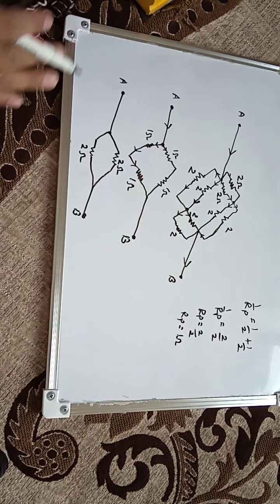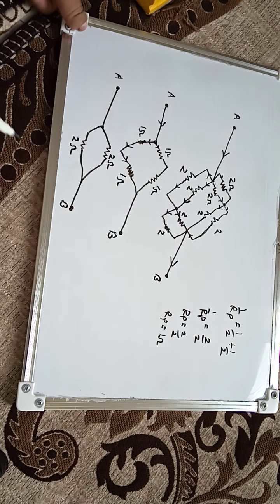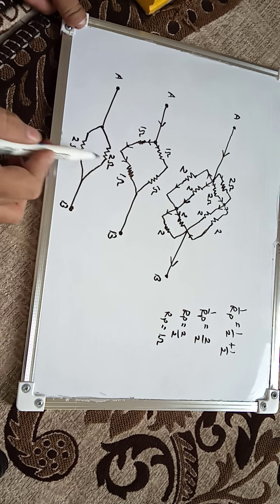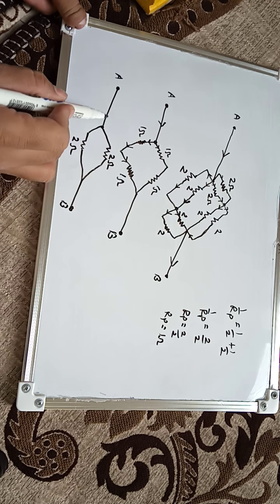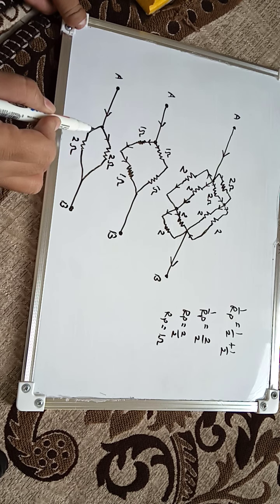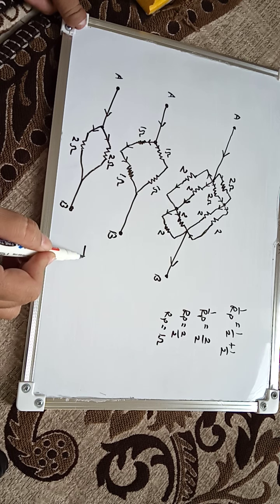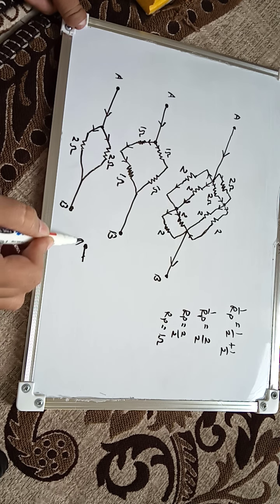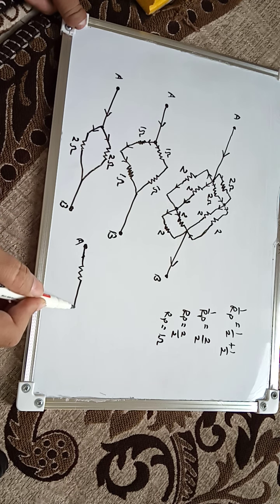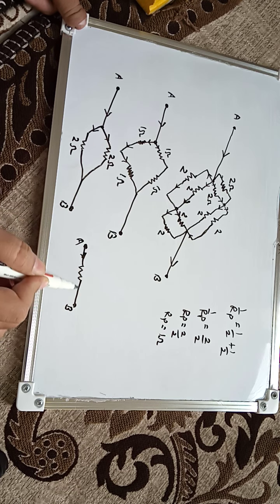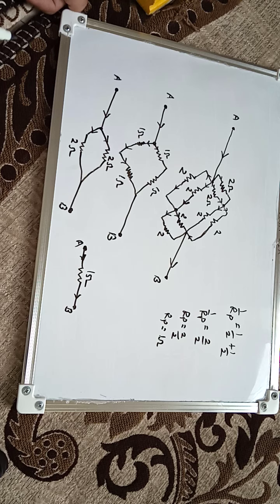Okay, I hope you are understanding it. So it was asked in 2012. Now 2 ohm and 2 ohm are connected in parallel. See, if the current is coming like this, it will get divided into branches. So if this is point A, the resultant will be this. Ultimately the final resultant resistance will be 1 ohm.